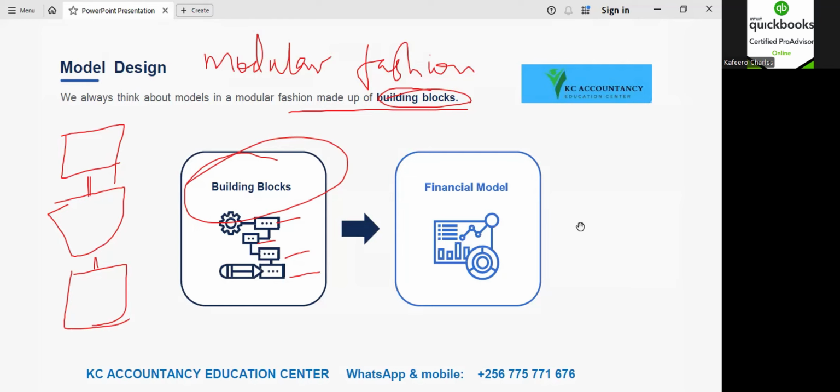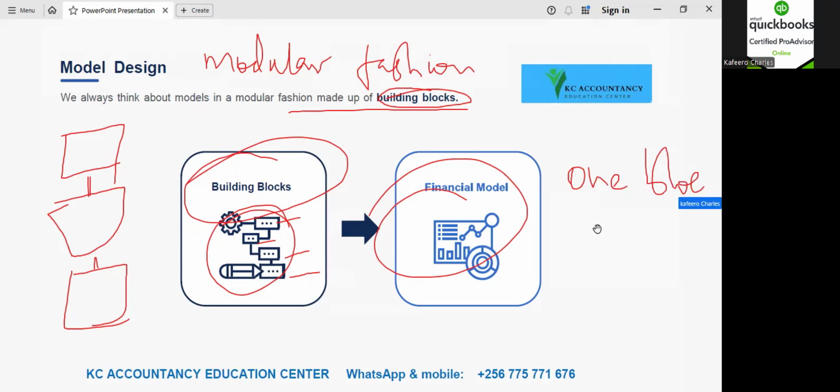So these building blocks that you have here are the ones that come together to form what we call a financial model. We can just learn to build one block at a time. And once we get really proficient at these blocks, we are going to start assembling them together to make a world-class financial model, as you are looking at it from this perspective. So even at this stage, we want to start thinking about having a whole library